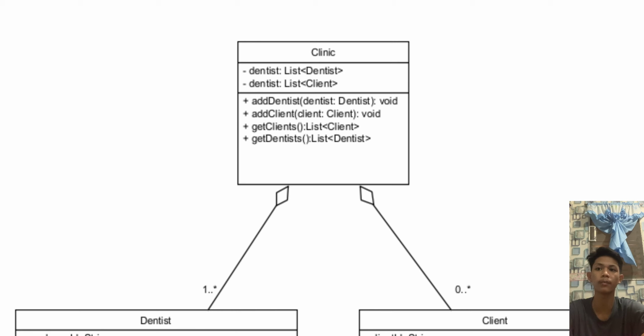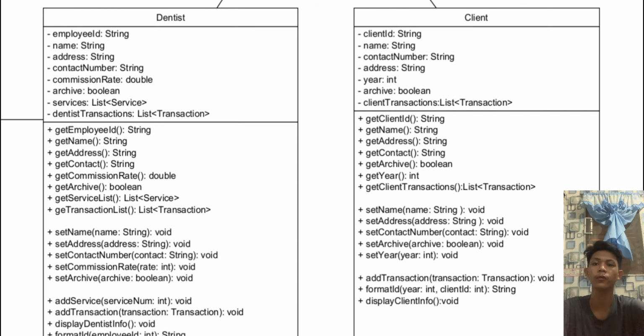Notice also the 1 to many notation from clinic to dentist, meaning the clinic has one or more dentists, and the 0 to many from clinic to client, meaning the clinic can start with 0 clients but can add as many as needed. Moving on to the dentist class, we observe several attributes that capture the dentist's identity and